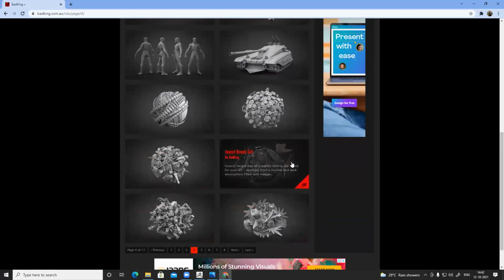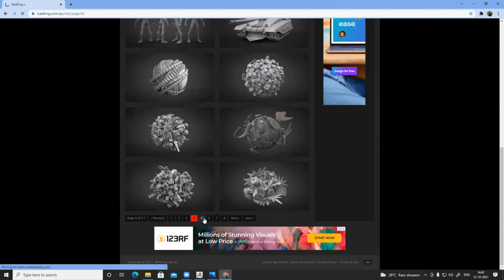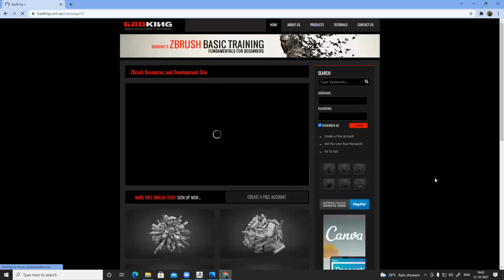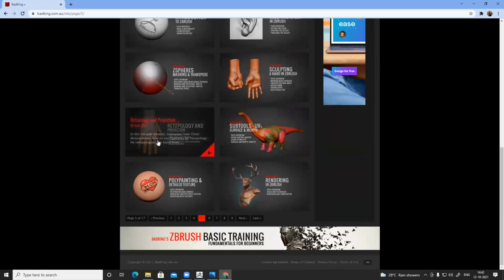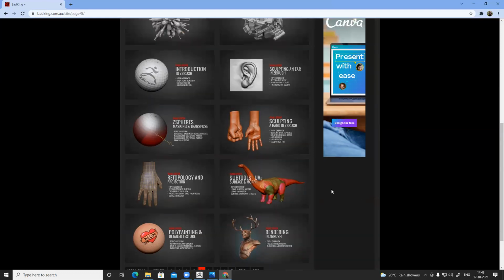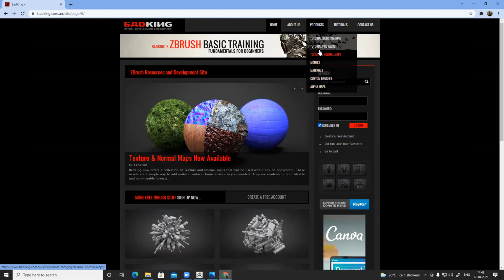There are so many small animals, features, weapons and serious parts. A lot of stuff is there. It's a very good site. They have very limited stuff, but good quality stuff. There are tutorials too, on how to use image share, how to use these models, how to render. It's all related to games, so definitely check this site. If you go to products, alpha maps, materials, models, tutorials and custom brushes are there. These are really good.